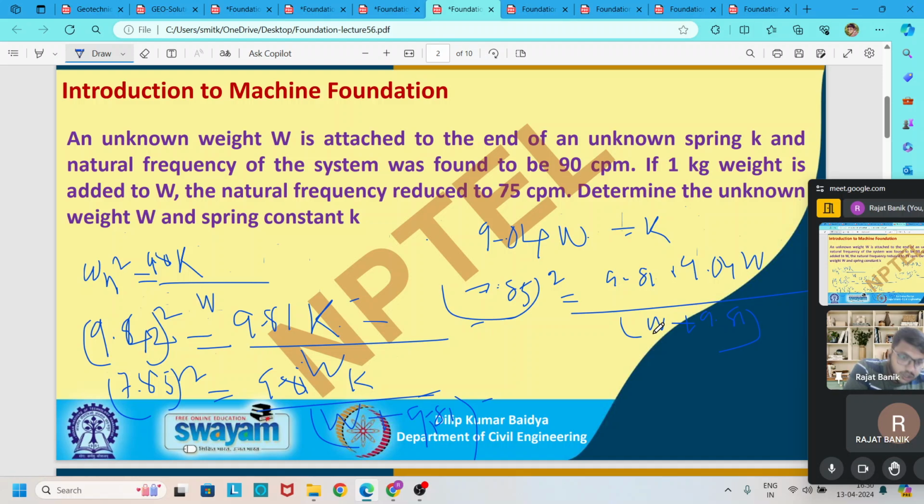W is equal to 7.85 square divided by 9.81 divided by 9.04, minus the answer, divided by 9.81 divided by the answer. So our W we get